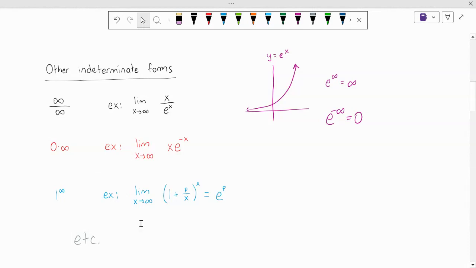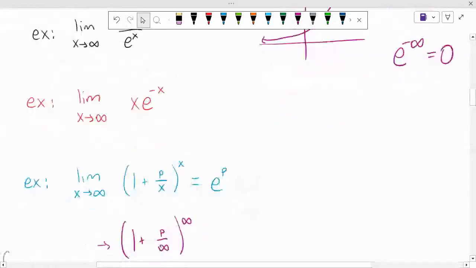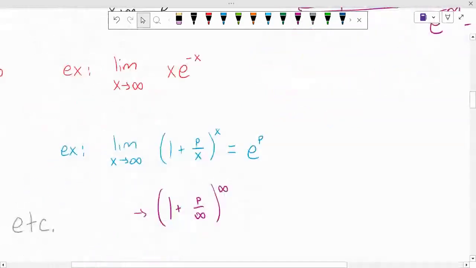So if you try to plug in infinity for x, well, I guess maybe I should talk about this first, because if I were to just sort of naively plug in infinity for x right now, here I have just a number p in the numerator. So I just wrote down a generic variable, but